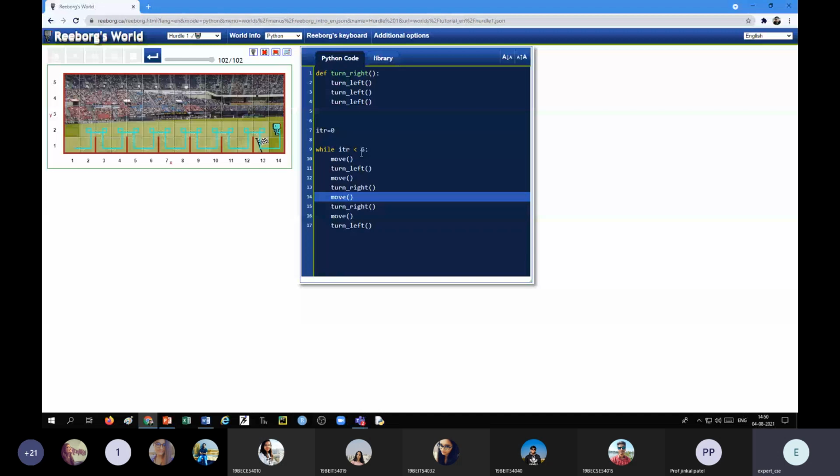So at the end of this, I have to increment the ITR. So ITR is equal to ITR plus 1.